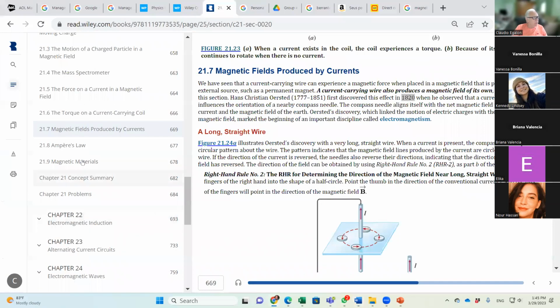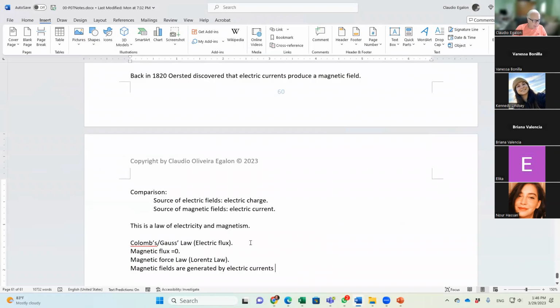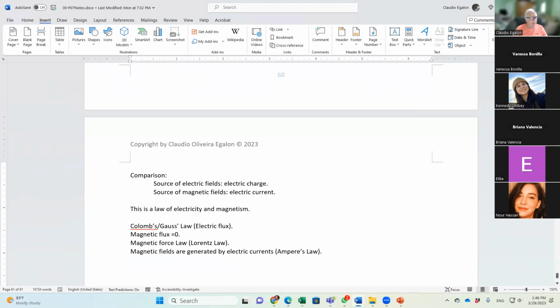It's encapsulated in Ampere's law. We're going to formulate that. In this section, we're just going to study the behavior of the magnetic fields around